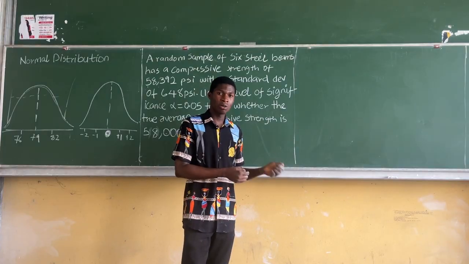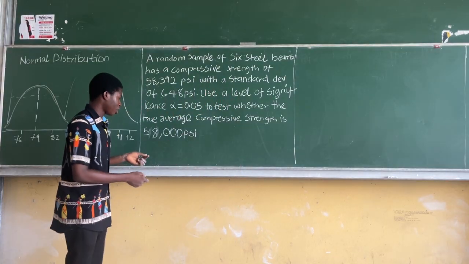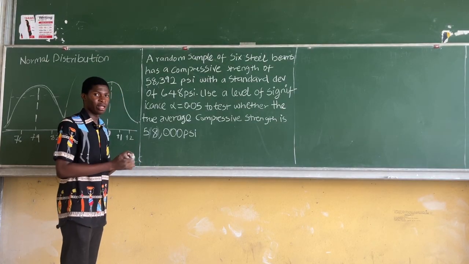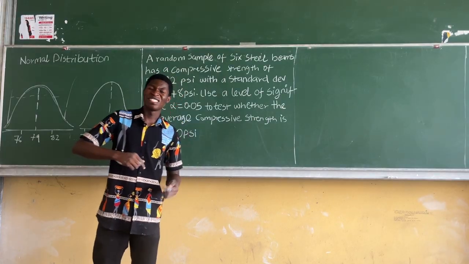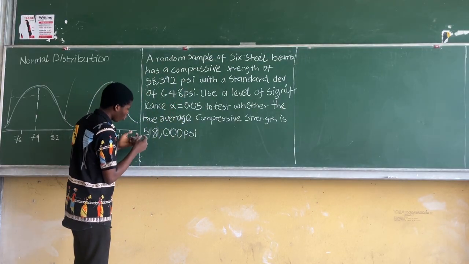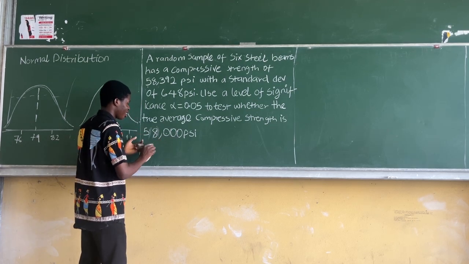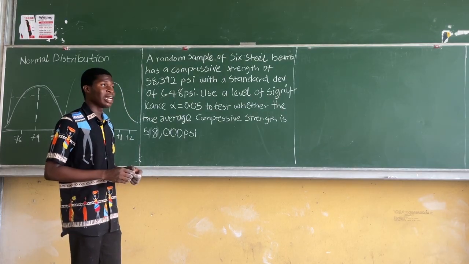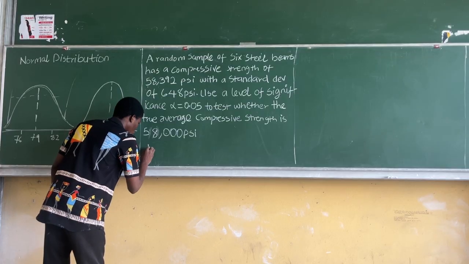For a left tail test, it usually falls below the mean, so we compare whether it's less than 58,000. That is when we know it's a left tail test. When it's a right tail test, we usually compare whether it's greater than the mean. So these are the ideas we should keep in mind. For a right tail test, we want to compare whether the compressive strength is greater than 58,000. So firstly, we'll be writing out the hypotheses, whereby H0